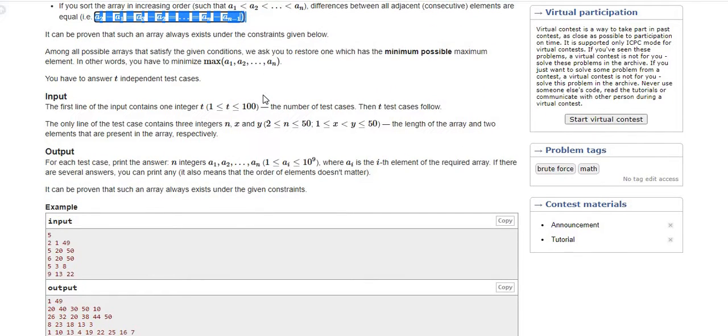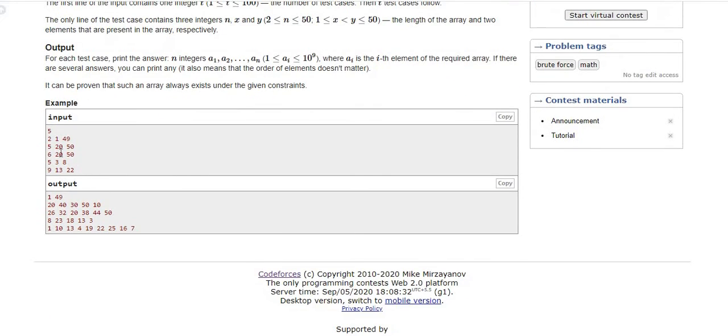I can form the array such that the difference between adjacent elements is equal. If I consider 10, I can form an array with a difference of 10. So 10, 20, 30, 40, 50, which gives me the result set.